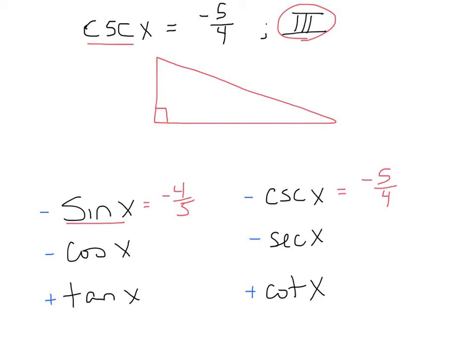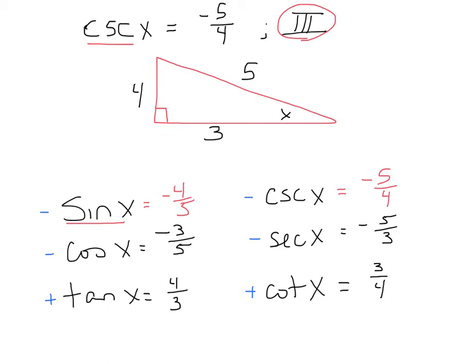Okay, so I can now place my parts, if you will, here onto my triangle. I will call this angle x, and so sine will be opposite over hypotenuse, and then the missing piece is 3. Which means now that the cosine will be adjacent over hypotenuse, and of course I'm going to make it negative because I'm in quadrant 3, which means that the secant will be the negative of 5/3. Tangent will be opposite over adjacent. It is positive because I'm in quadrant 3. Remember, all students take calculus, which means then that the cotangent is going to be